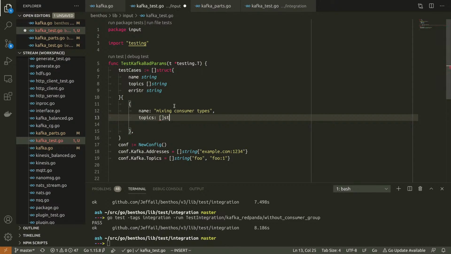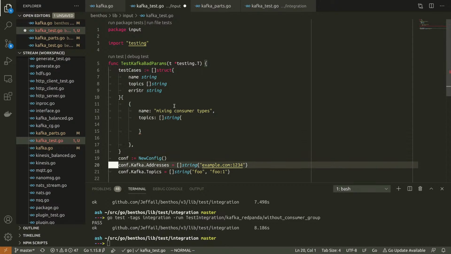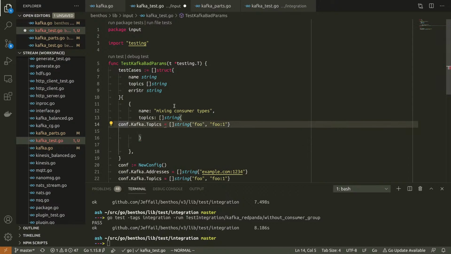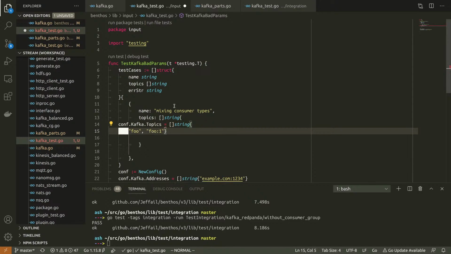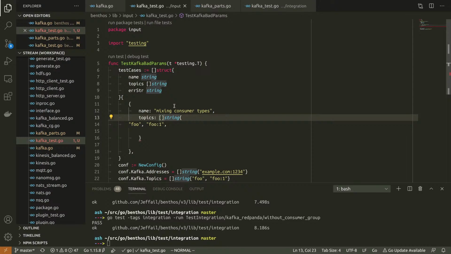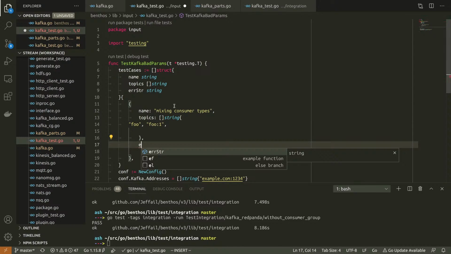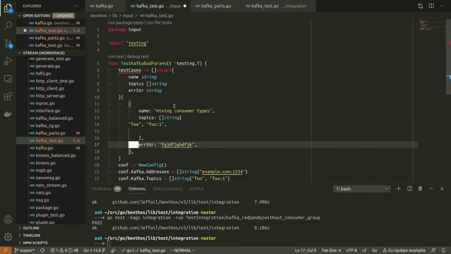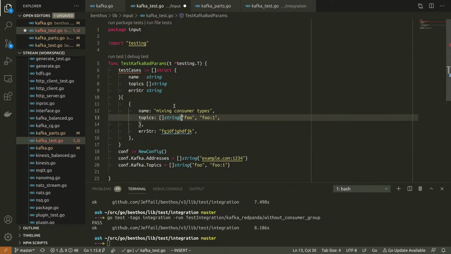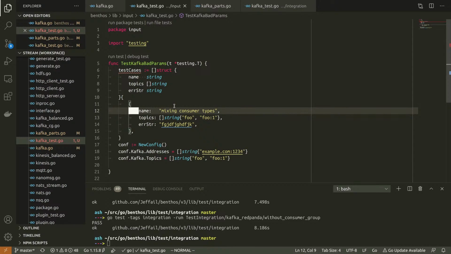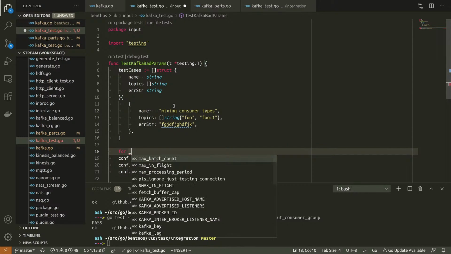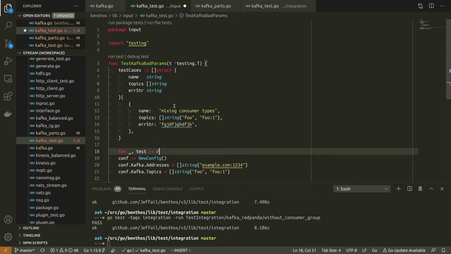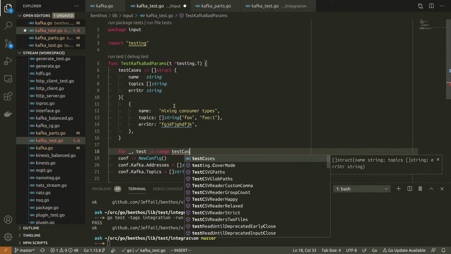Topics being... and what's the string I expect? Now when I do these tests, I tend to just leave the actual error empty, because the chance of me remembering what the error actually is is slim. Right, so for each test in our test cases,